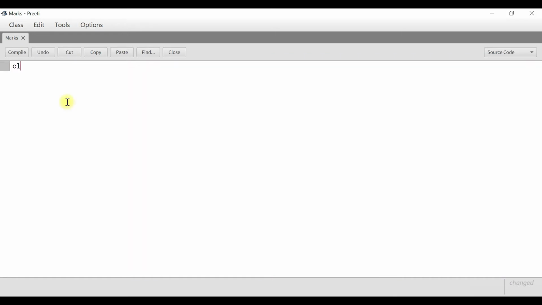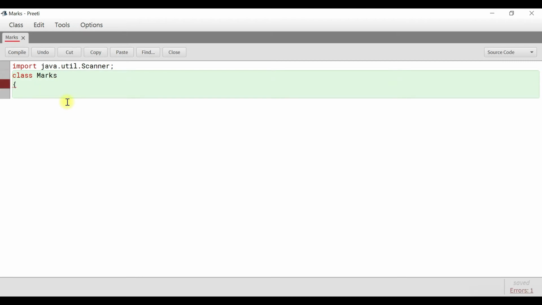Now first we will import java.util.Scanner, then class marks, public static void main, String args.